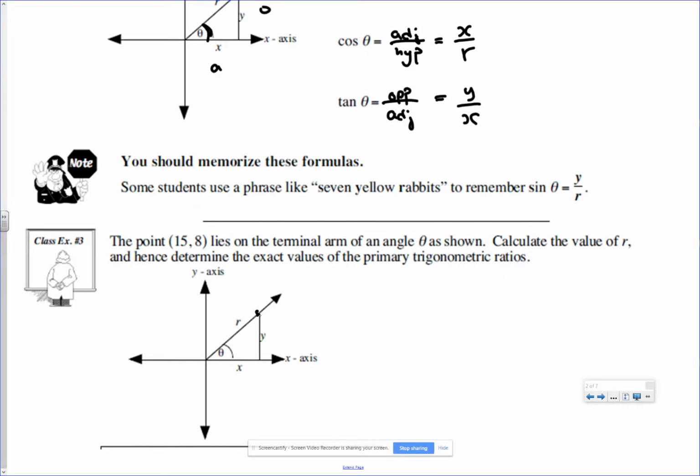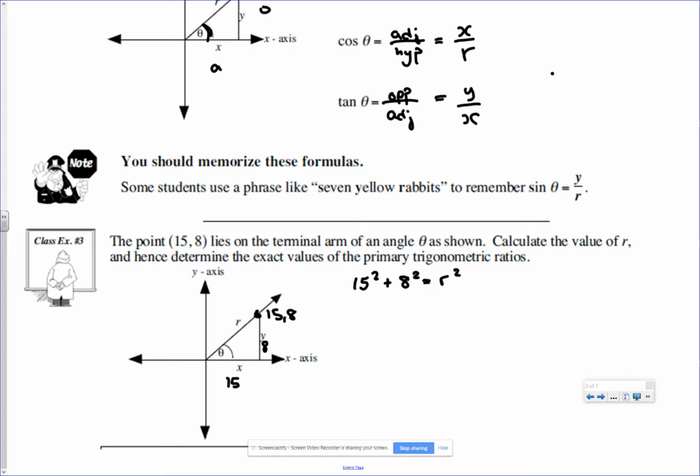So given the point here, I have a point (15, 8). That gives me a value of 15 for my x and 8 for my y. They want me to find r and then write my SOHCAHTOA out. Finding r, which we did on the previous page, it'd be 15 squared plus 8 squared is equal to r squared. So 15 squared